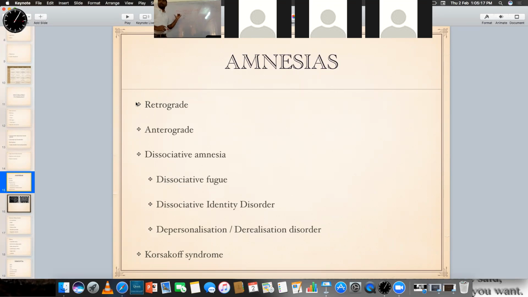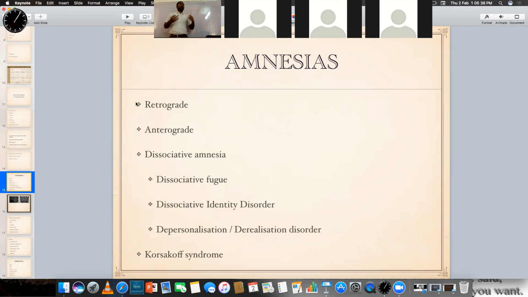If it's a retrograde amnesia, they tend to forget things which have happened in the past. And in anterograde amnesia, they tend to not acquire new memories that are forming from today. Now, if I am subjected to some trauma to my brain, and if I have landed up in anterograde amnesia,